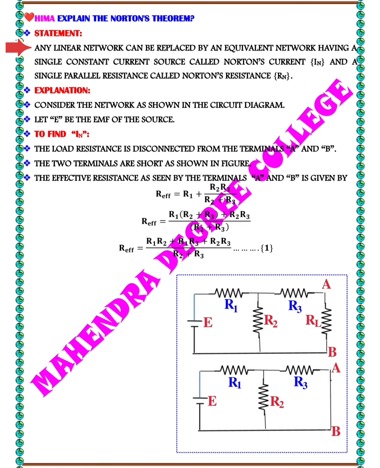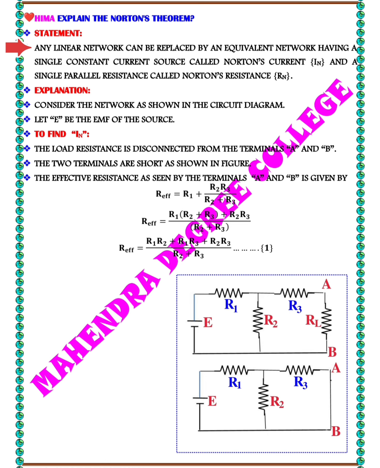Norton's theorem allows you to replace a complex linear circuit with a simplified equivalent. The equivalent circuit consists of a single current source in parallel with a single resistor,